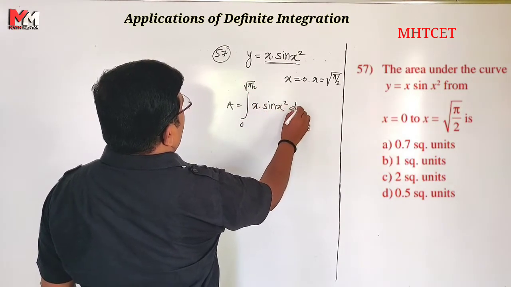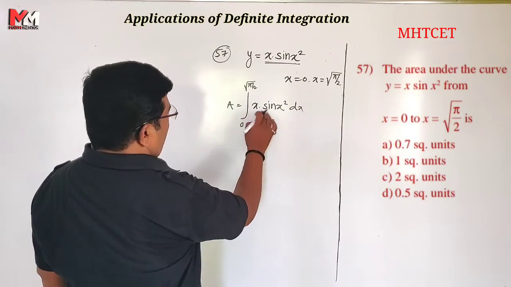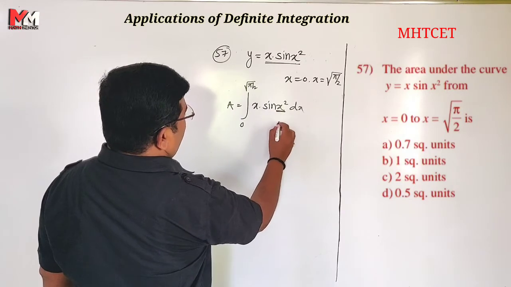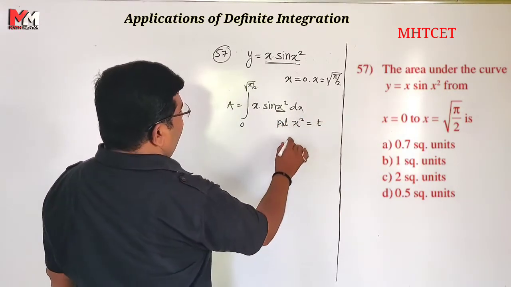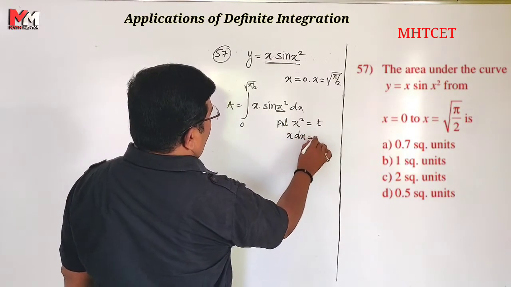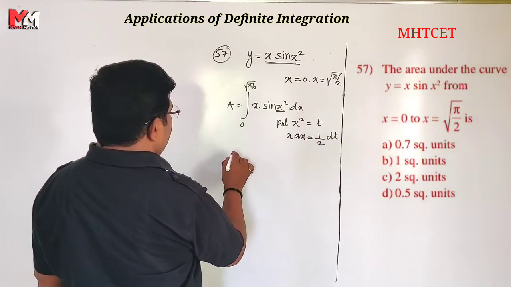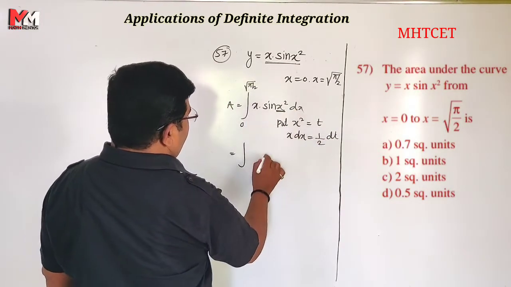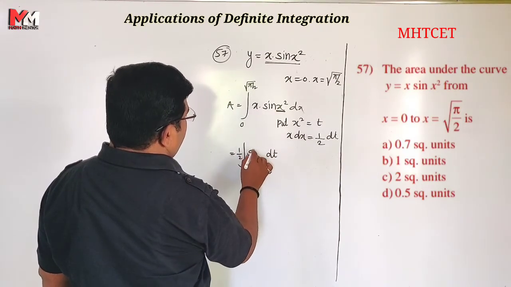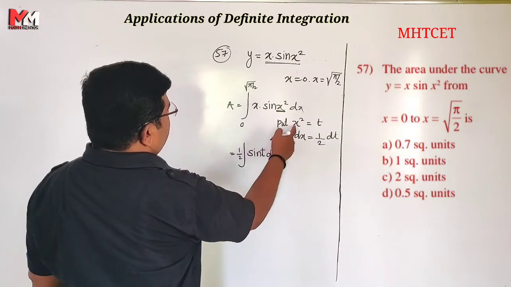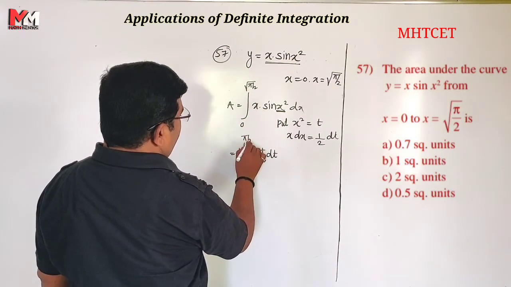So important, we have to integrate करना आना चाहिए बस. By look it is a by parts product of two function, but this is a composite function. So put here first substitution, x square is equal to t, 2x dx, x dx is equal to half dt. So instead of this x dx we write half dt. This is sin t. x0, 0 square is 0, square of root is π/2. Very simple.